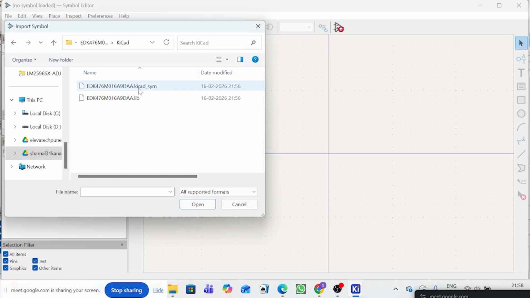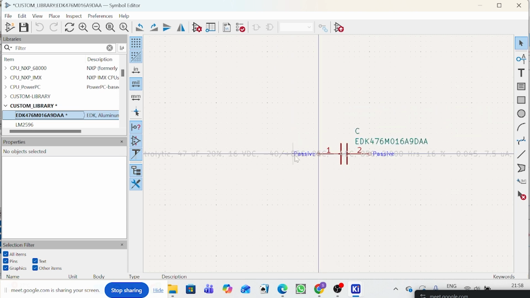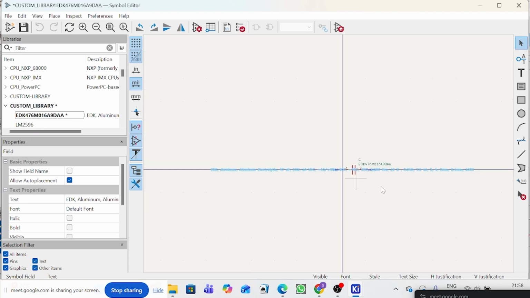KiCad symbol. So this is the capacitor symbol they are given. Okay, so we can use this one also. Means in the symbol. Okay, and for the footprint,